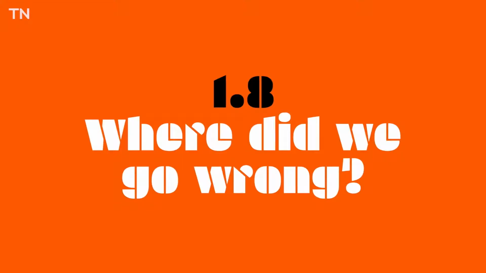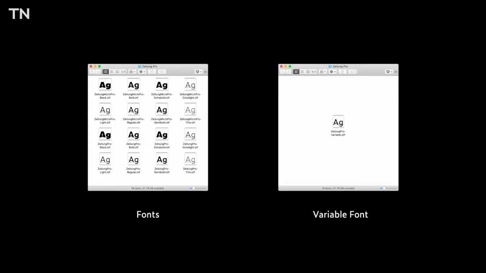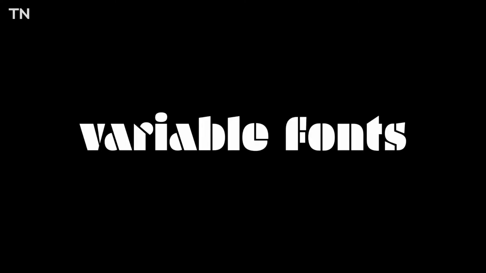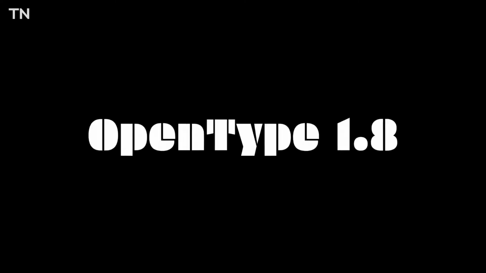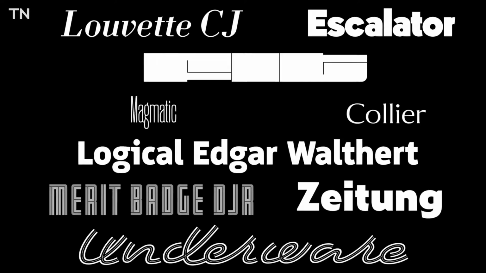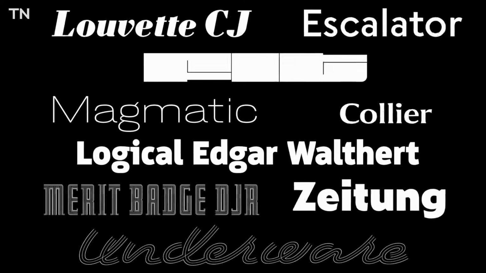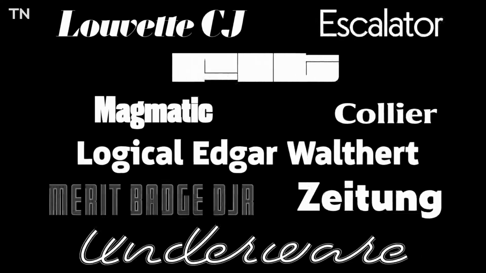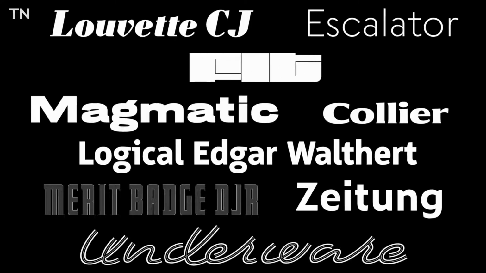So variable fonts, everybody probably knows what these are. Before we had all these separate styles, we put them all in a single font file. That's a variable font. So let us go back to 2016 when this variable font technology was introduced. Variable fonts are officially called OpenType 1.8, and since 1.8, type designers have been using this technology to make really crazy letters, to make beautiful letters, to make surprising letters,